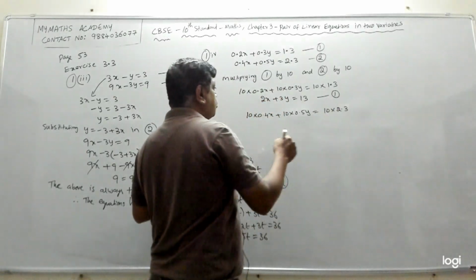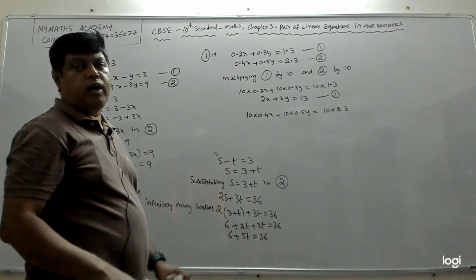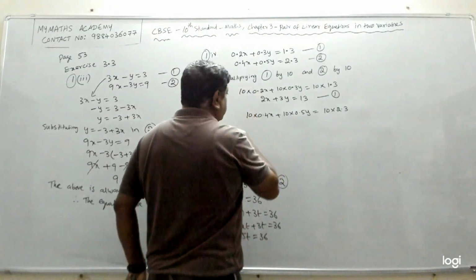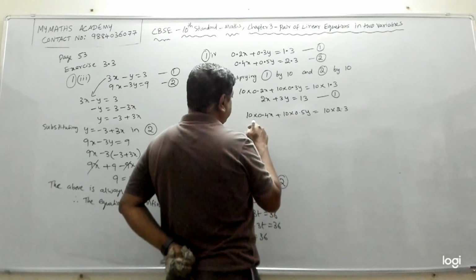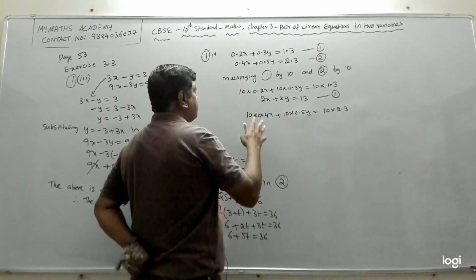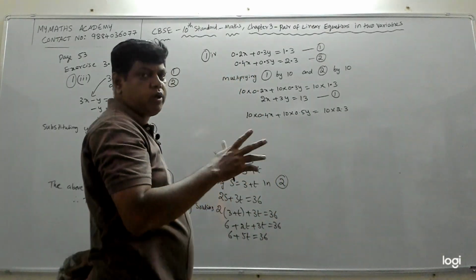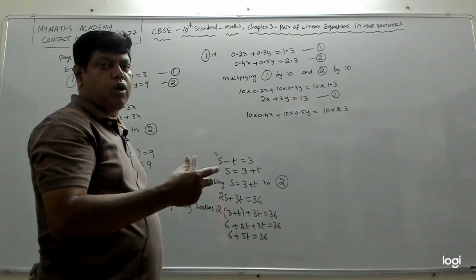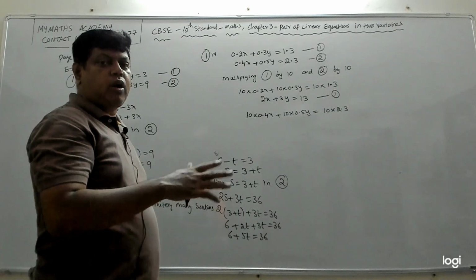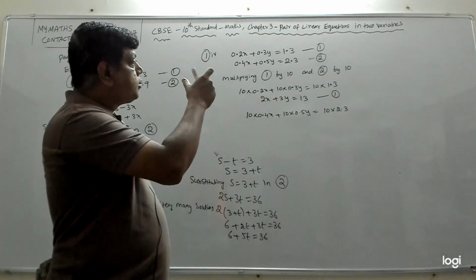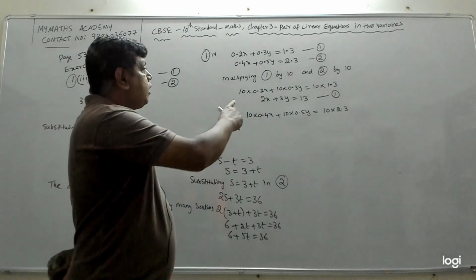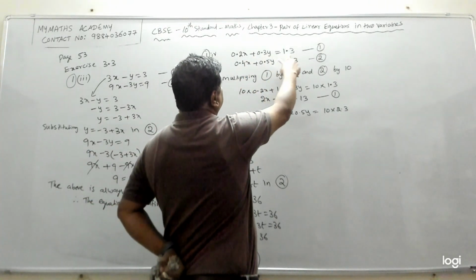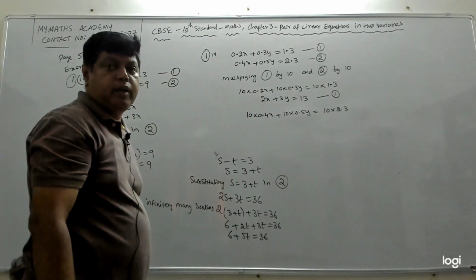Why are we multiplying throughout by 10? Because we want to remove the decimal from the terms, so that we have only whole numbers. If you have one number, it is easy; even then you can solve by keeping the decimal, only we have to be careful with the decimal. If there is a chance to change decimals to whole numbers by multiplying with 10 or 100 or 1000, depending on how many decimal places we have. Here we have only one decimal place, after the point only one number, so we multiply by 10 throughout.